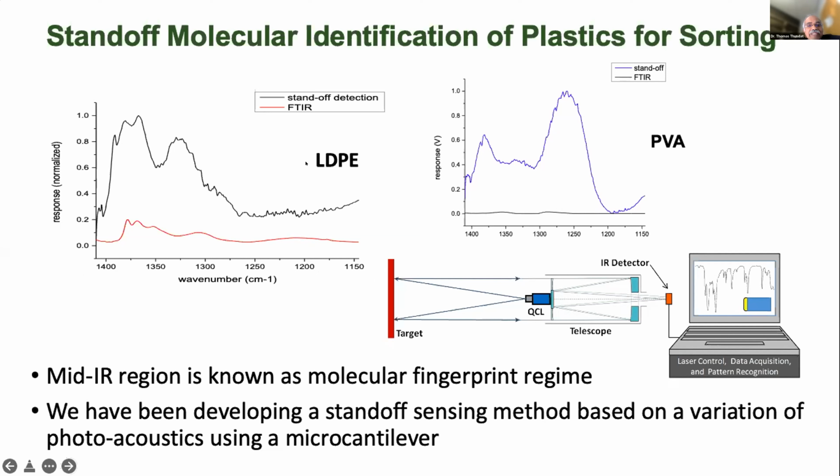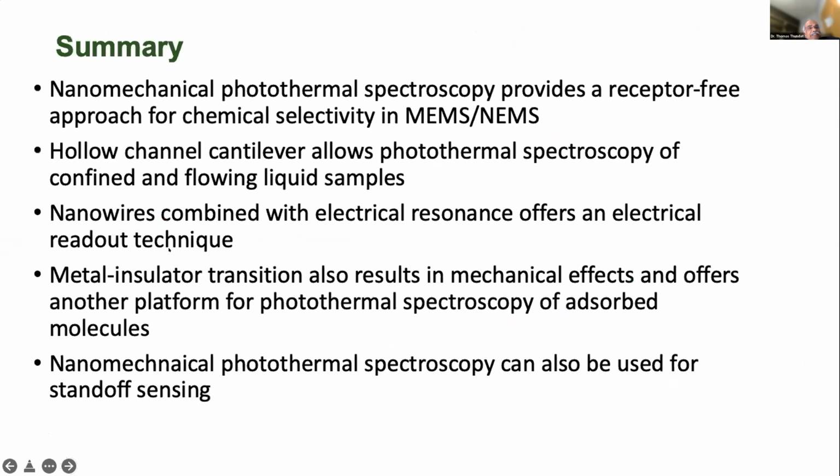So this is a real plastic sample that we are trying to do for plastic sorting, because sorting plastic is important for recycling. And if you can identify which plastic is coming through very fast, we should be able to sort it out much faster. So this is 25 minutes, so I will conclude my talk here,